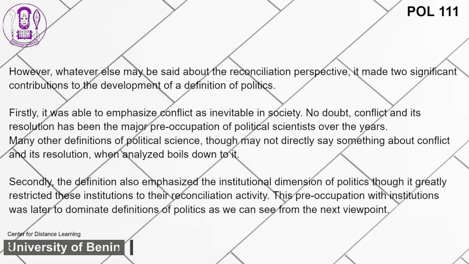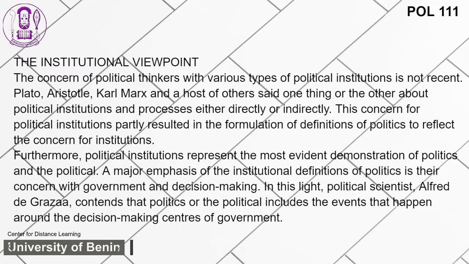their reconciliation activity. This preoccupation with institutions was later to dominate definitions of politics, as we can see from the next viewpoint, the institutional viewpoint. The concern of political thinkers with various types of political institutions is not recent. Plato, Aristotle, Karl Marx, and a host of others said one thing or the other about political institutions and processes either directly or indirectly. This concern for political institutions partly resulted in the formulation of definitions of politics to reflect